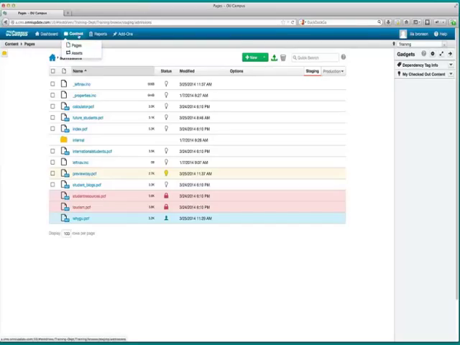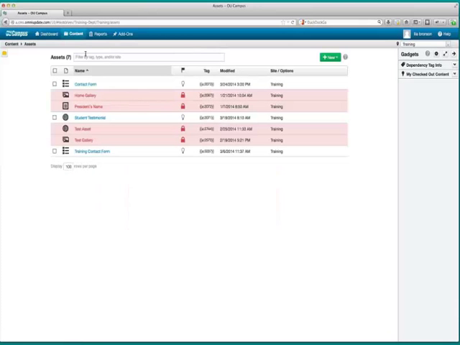So under Content, end users have access to pages, and then depending on their access, they may or may not see assets. So you do have to have access to the asset directory, and if you do, you can click on Assets, and you can actually edit assets that already exist here by checking them out, going in and making your changes and republishing them, or by hitting New and creating an entirely new type of asset. So I'm going to create a plain text asset